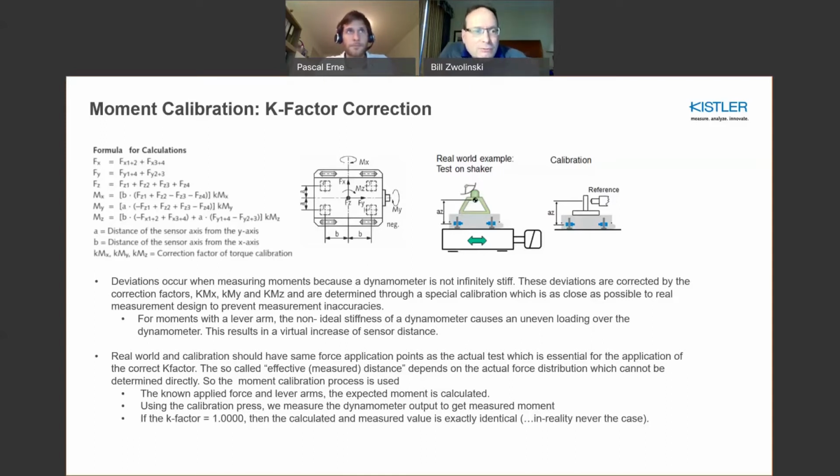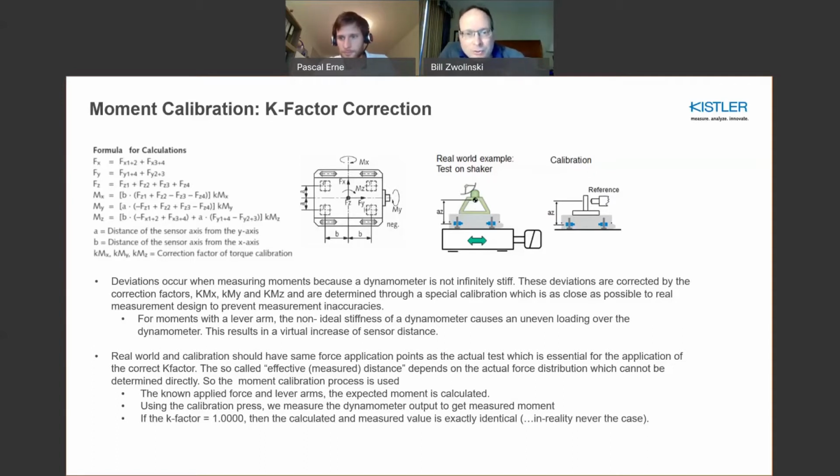If you look at the closed form expressions up in the upper left-hand corner, you'll see that the A and B factors are basically geometric separations of the sensor center to the center line of the dyno. So what these K factors do is they help correct for these virtual differences caused by, say, a non-ideal stiffness in our designs. And that requires basically a calibration that